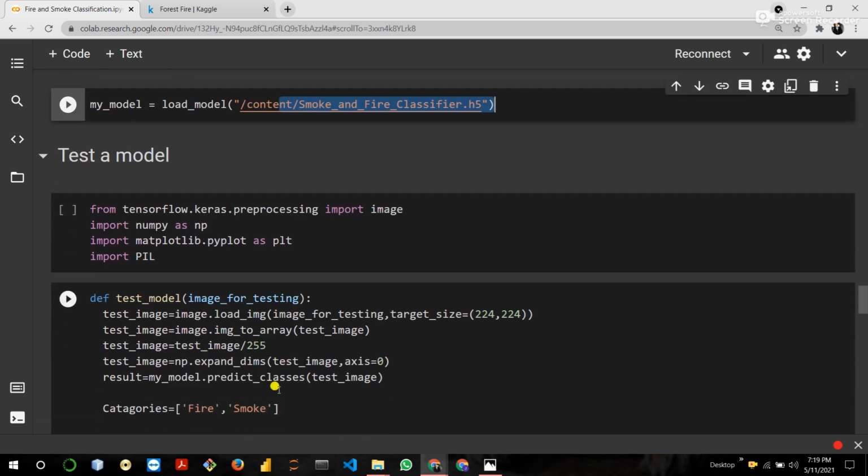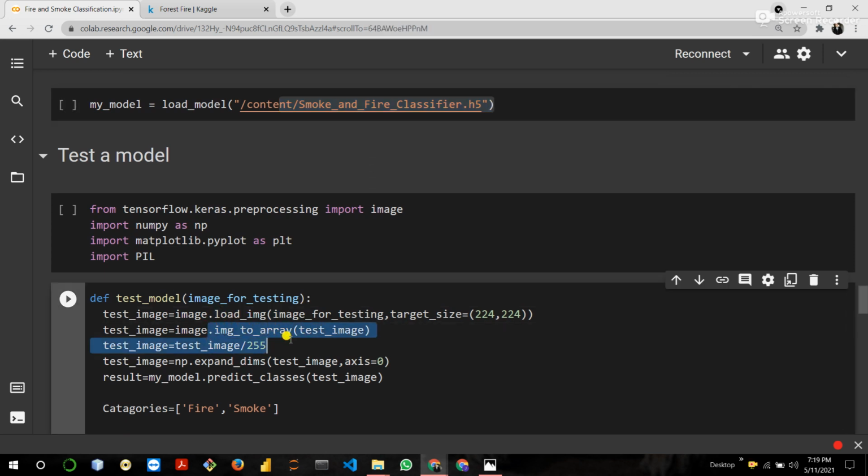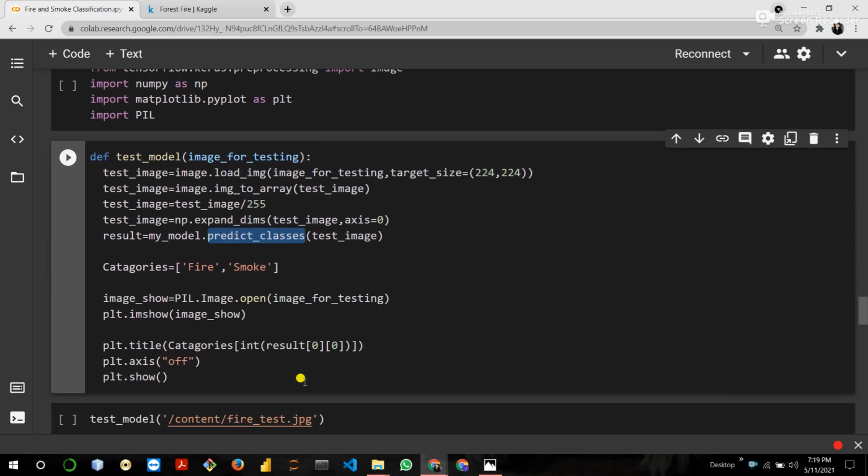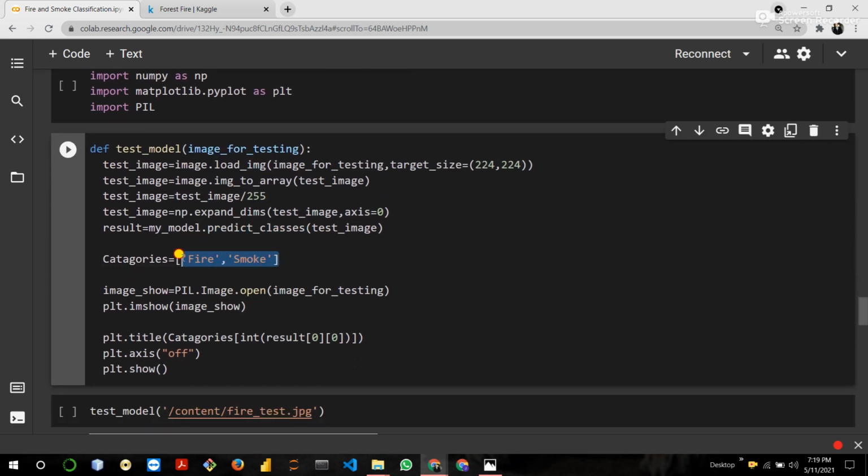I define a test function where I load an image. Firstly, I load an image, then convert it into an array, then rescale the image, then expand the dimension, and predict_classes is basically used to give a result in the form of 0 or 1. So these are my classes: fire or smoke. The PIL Pillow library is used to open the image.